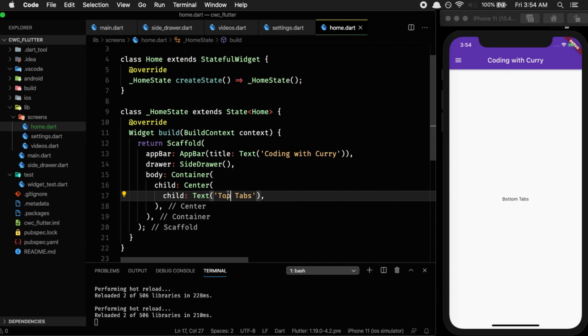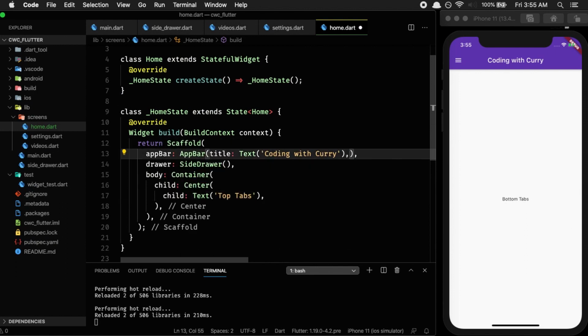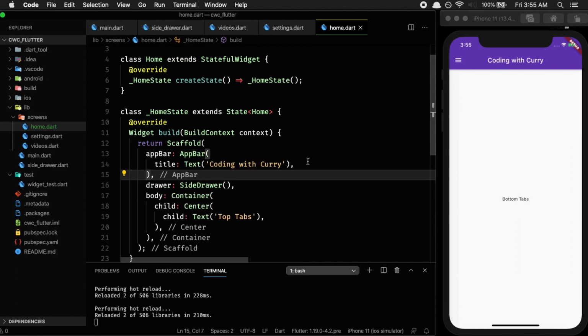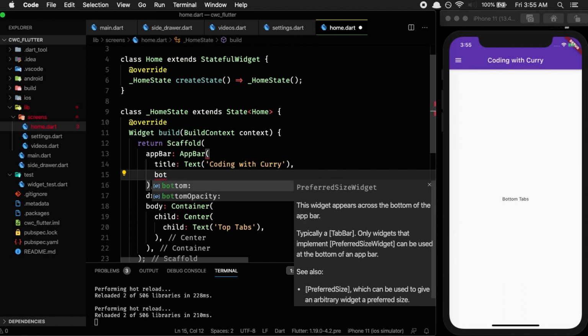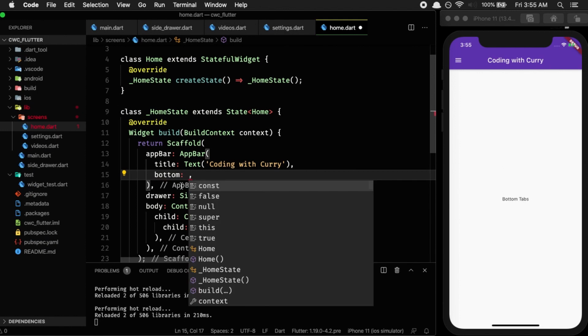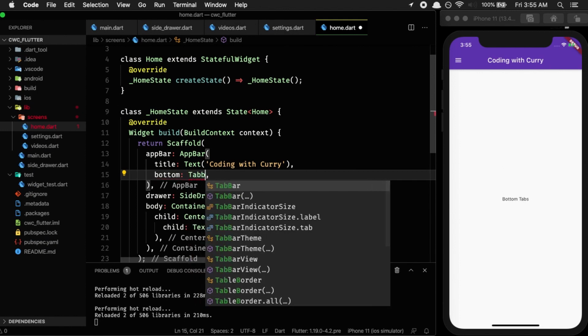And the good thing about the top tabs, I'm doing that one because that's easier than the bottom tabs. So for the top tabs, that's actually built into the AppBar by default. So let's put comma here, and under title, I'm gonna say bottom. So there's a bottom widget that you can define here. So it has to be a preferred size widget. So bottom. And then for the bottom, I'm going to have a tab bar. So tab bar is a widget that's built into Flutter that gives you access to different tabs. So we say tab bar,